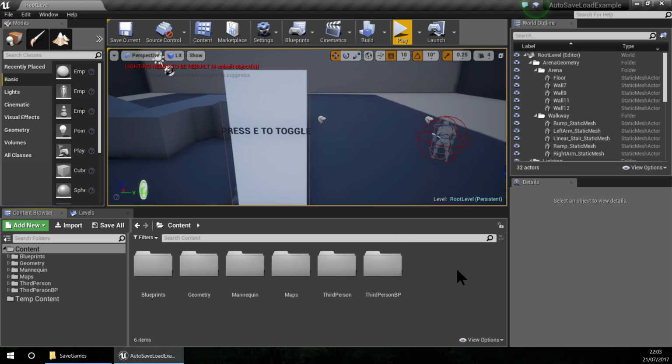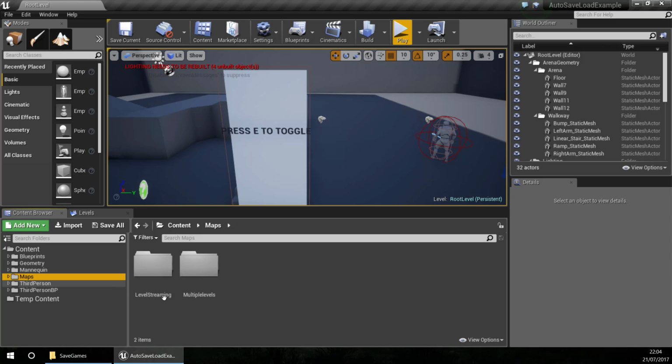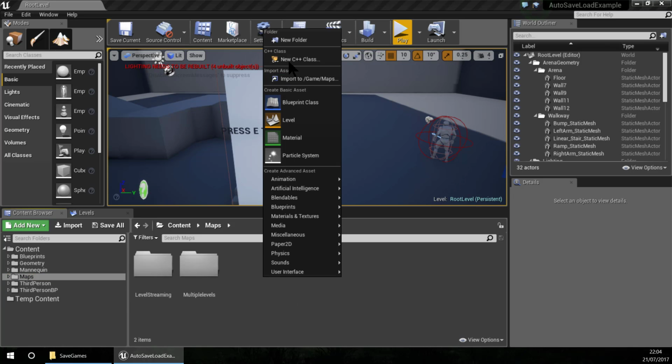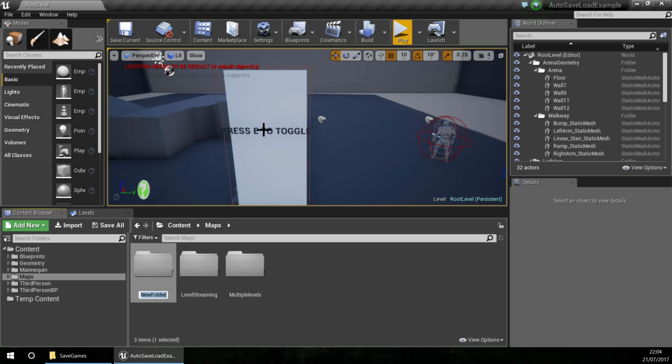Hello, for this new tutorial I'm going to show you how to extend the functionality of the CGD Autosave and Load object so you can save your own global variables, in case you want to extend the functionality. So for that, let's create a new folder inside maps, and I'm going to call it